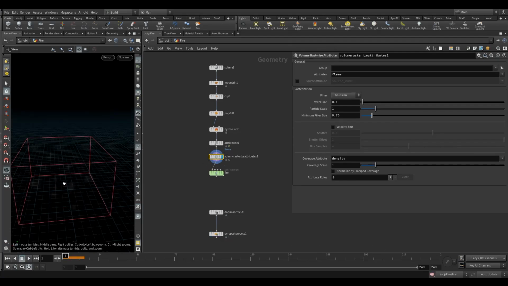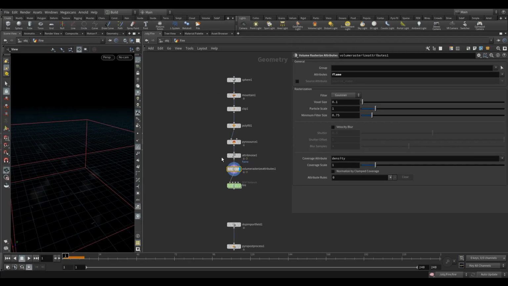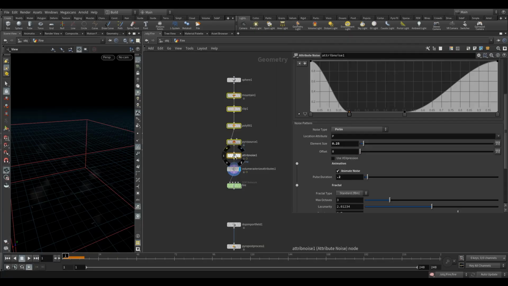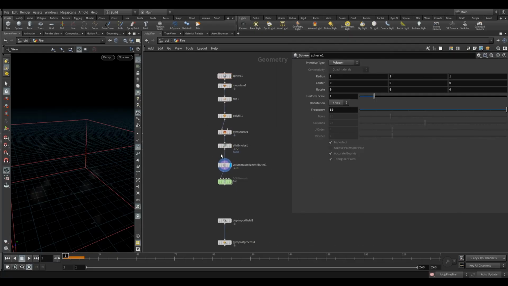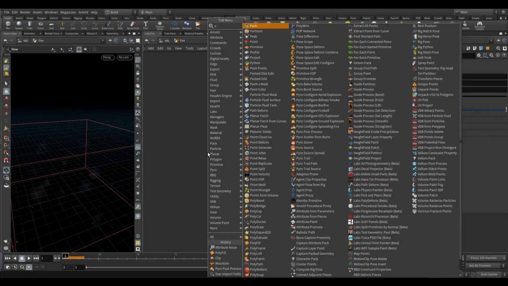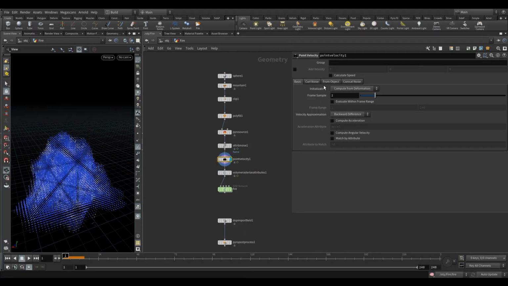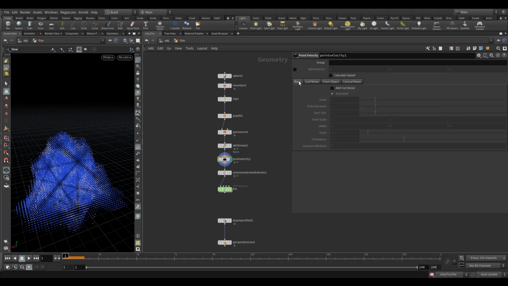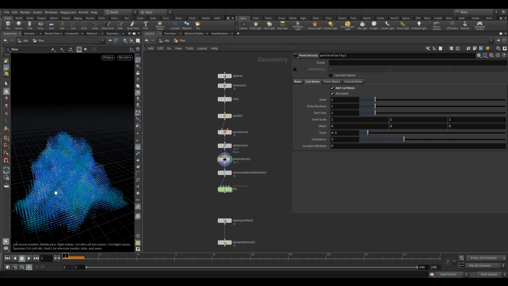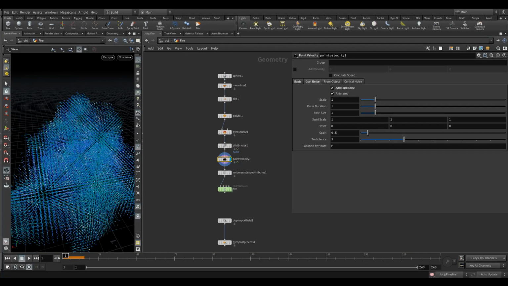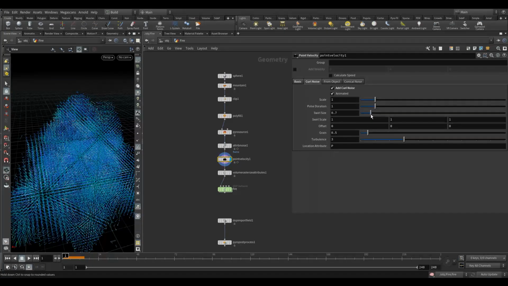So another thing we can add in here to make it more interesting is a velocity attribute. So we don't have anything at the moment. So if we find our point velocity, drop that in. So go, if we do keep incoming, just in case we get something weird there, and go add curl noise, just because there's nothing incoming, so it'll just add this to 0, right? And then maybe drop the swirl size down